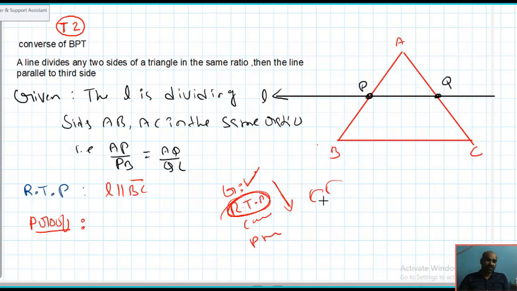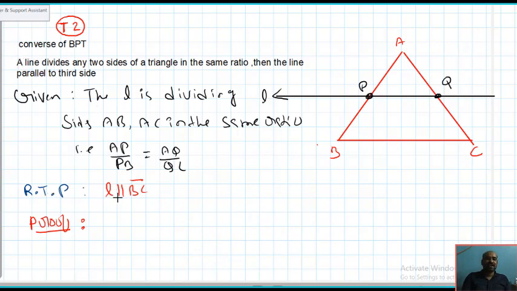Taking given data, applying some logical steps and already established mathematical theorems, getting a conclusion, that is called the direct method of proof. The indirect method of proof means we should take the conclusion only. What should we prove? We should take it, and we assume that it is wrong. Based on that assumption, applying some logical steps, at some stage you get a statement which is mathematically wrong. At this stage you will conclude that our assumption is wrong, which means the given data and the conclusion are correct. So this method is called the indirect method of proof. Most of the converse theorems you can prove by using the indirect method of proof.